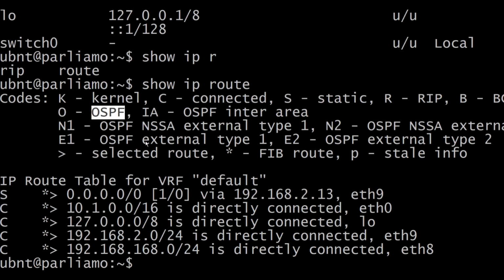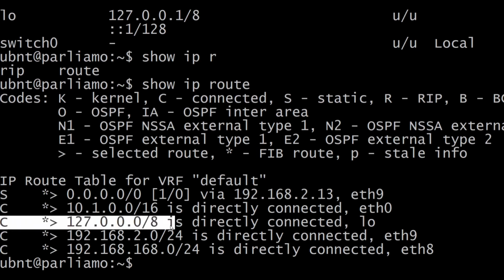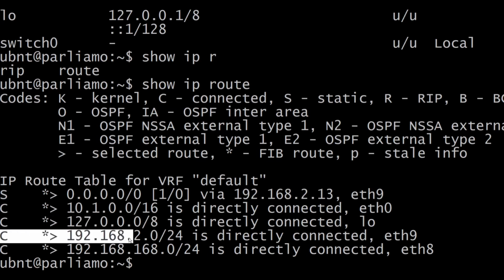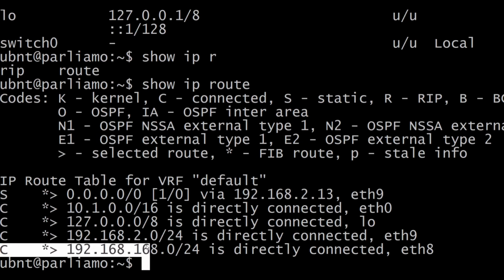Now, given the simplicity of the setup, in essence, one line going out to the internet and then a couple of networks, it is not too surprising to find that most of these entries refer to connections that are directly connected.